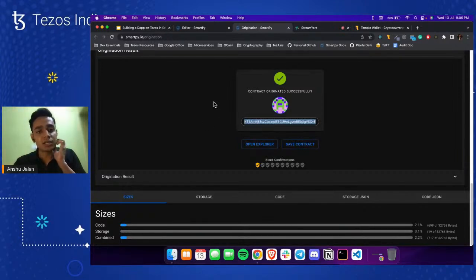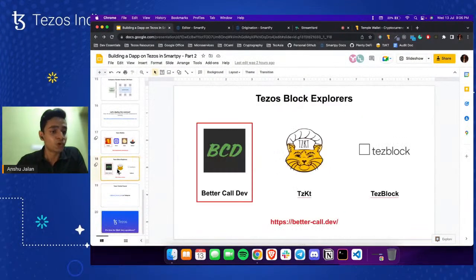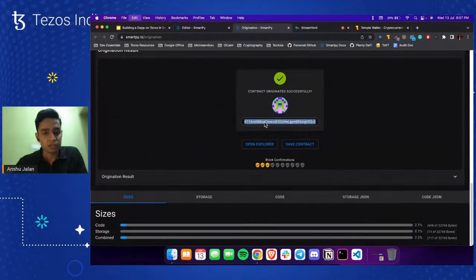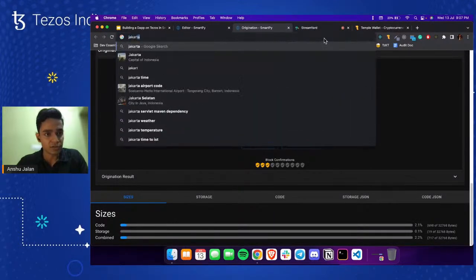Now to actually get a look into the deployed contract, you can use a block explorer, just like in the first workshop I showed you tzkt. That's a block explorer. We have other block explorers like Better Call Dev and TzBlock on Tezos, which can also be used. So, yeah, we can go to tzkt, which is